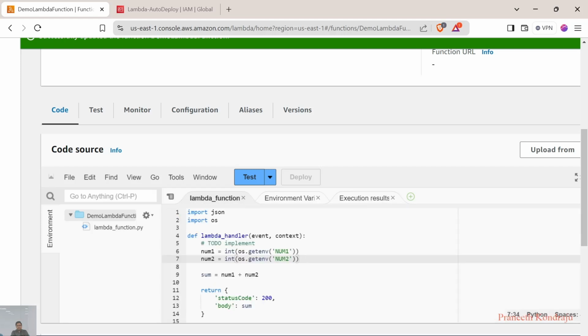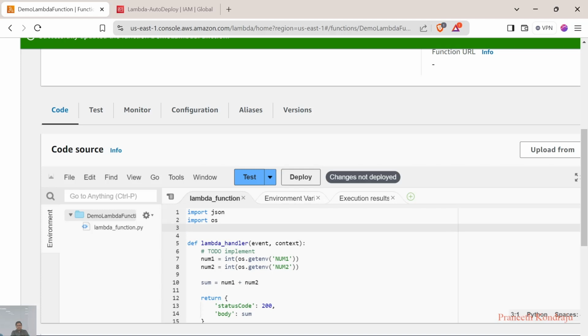That's it with configuring the environment variables for the Lambda function. One more thing is Lambda layers. Layers are a way to manage and share code and data across multiple Lambda functions. You can include libraries, custom runtimes, and other dependencies. For example, Lambda out of the box doesn't have the requests module. So let's say I import requests,